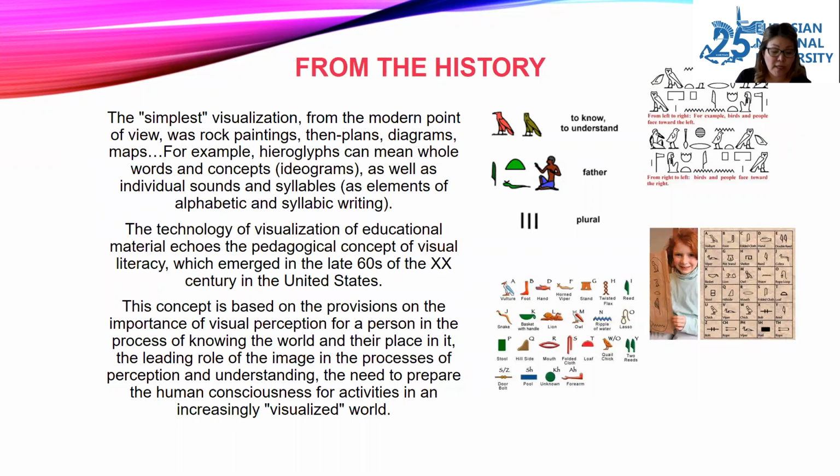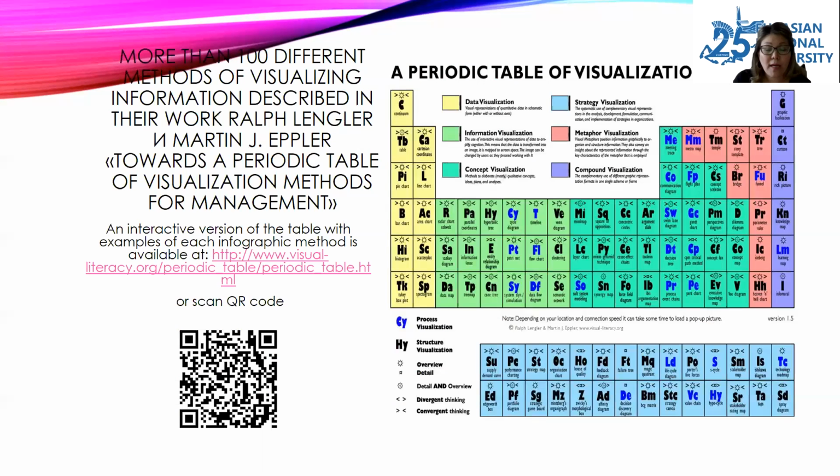Going to history, we can say that the simplest visualization from the modern point of view was rock paintings. Then there appeared plans, diagrams, maps. For example, hieroglyphs can mean whole words and concepts, as well as individual sounds and syllables. This technology echoes the pedagogical concept of visual literacy, which emerged in the late 60s of the 20th century in the United States. You can say that in practice, more than 100 methods of visual structure are used, from traditional